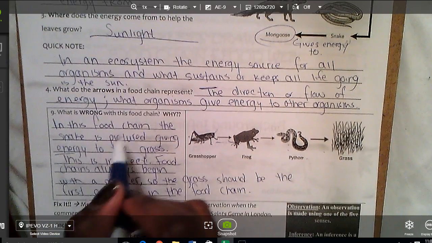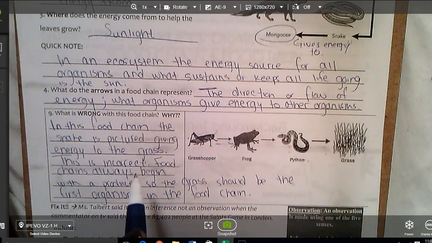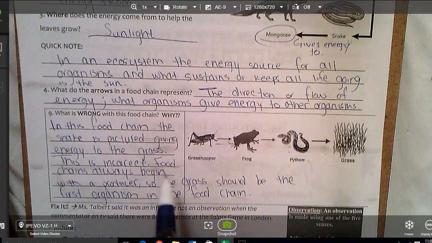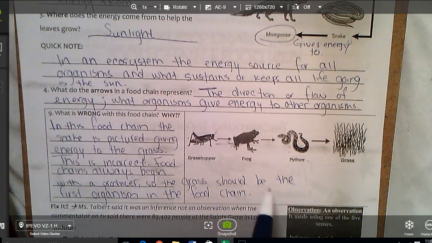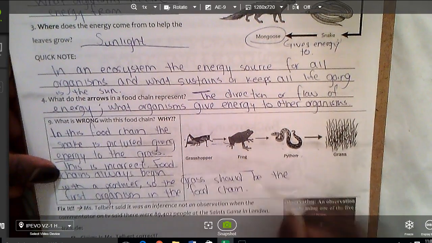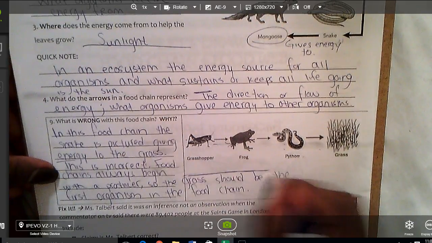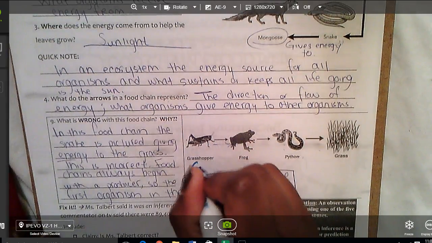My response says, in this food chain, the snake is pictured giving energy to the grass. This is incorrect. Food chains always begin with a producer. That's a plant. So the grass should be the first organism in the food chain. If we were to recreate this food chain, I'm going to draw a box so we don't get this confused, but it should be grass,